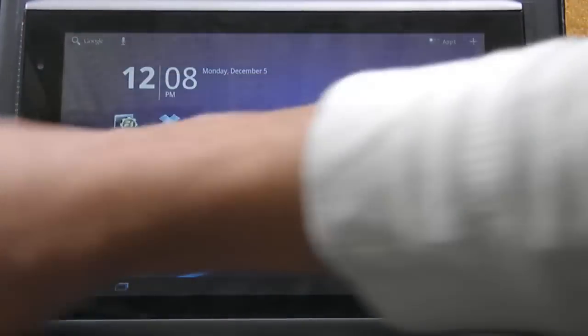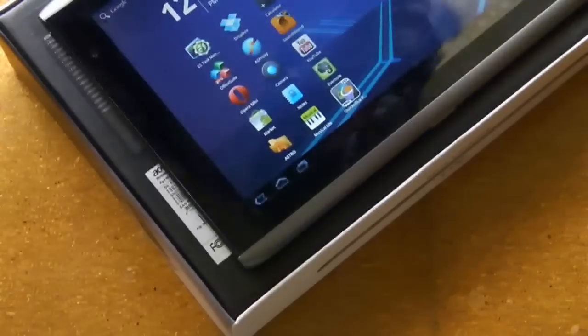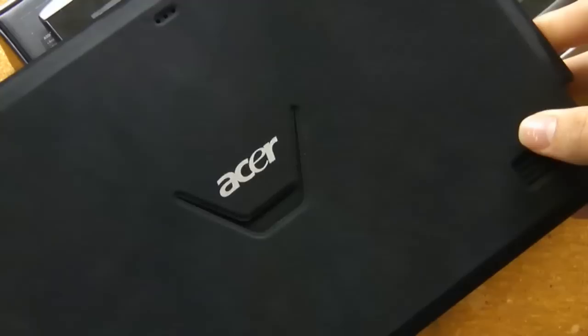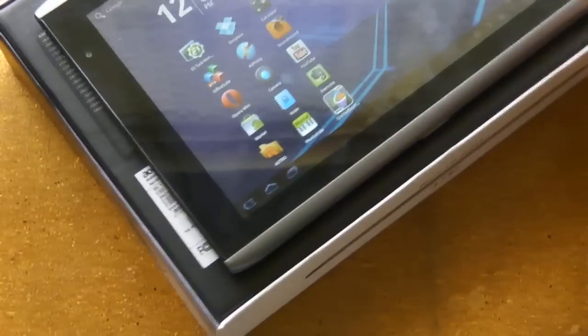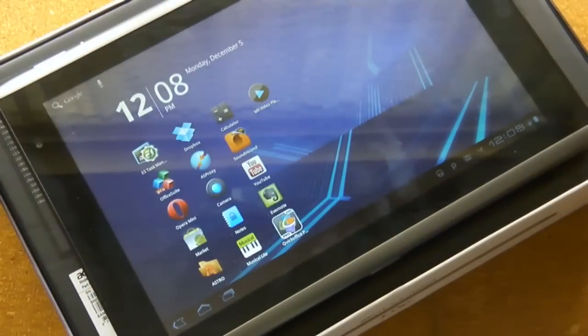Now, I also did manage to buy a case for the Acer Iconia Tab A500, and as you can see, it does look like a bit of a fingerprint smudge. Once the camera decides to come into focus, you will notice that it does have a few fingerprints on it, and for some reason or other, it is quite a smudgy case. Unfortunately, this is a bit of a downside. It is the official Acer case, and it does set you back about $50, at least in Australia, so it's not a cheap thing either. But for the $250 that I bought the actual tablet for, it was the price I was willing to pay